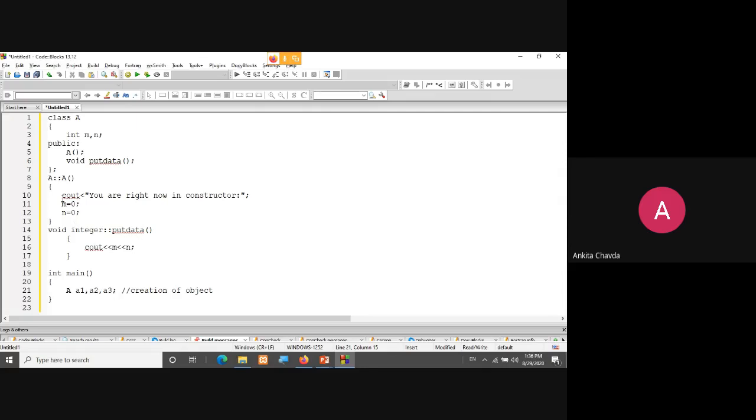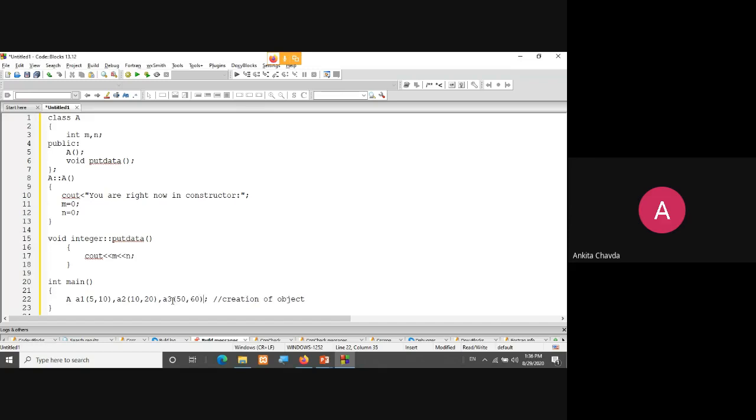But generally we know that we want different values. So I won't have this default constructor every time. Instead, I'll create one parameterized constructor so the user can give any value, like 5 and 10. The second time they give 10 and 20, the third time 50 and 60, just like with a function.